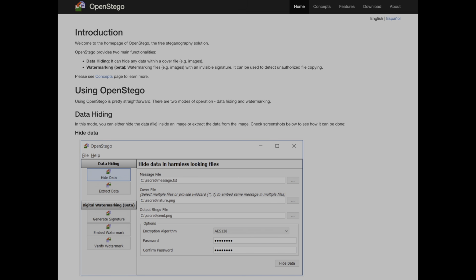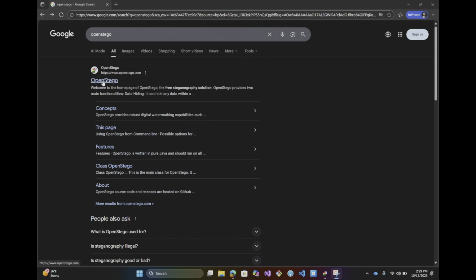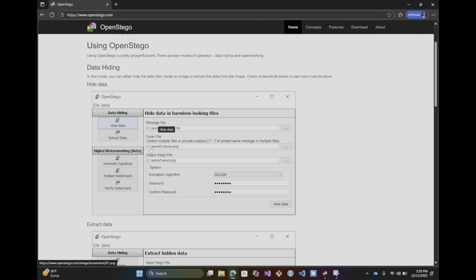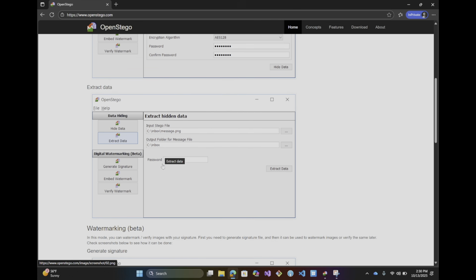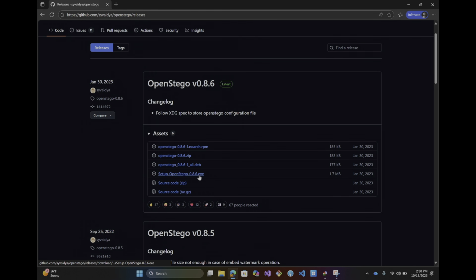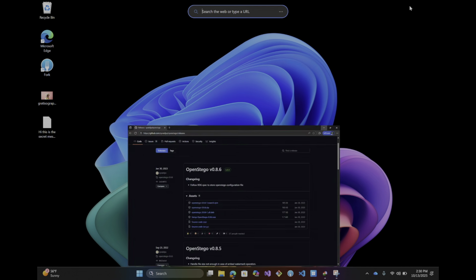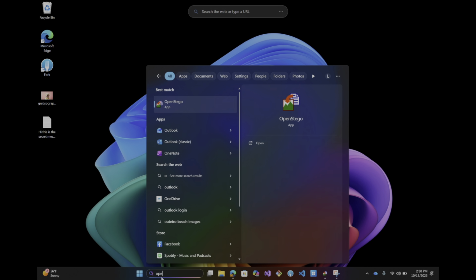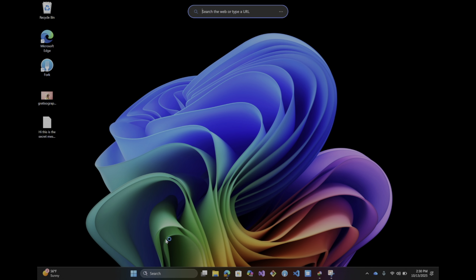OpenStego is a software you can use to hide text into an image and also use it to retrieve the text from a photo. I'm going to quickly show you how to use it. Once you Google it, it should be the first result that pops up. So this is how the OpenStego app looks like. Once you click download, you can be linked to the GitHub where you can download the executable to run the program. So I've already gone ahead and downloaded OpenStego, so I'm just going to quickly launch it and show you